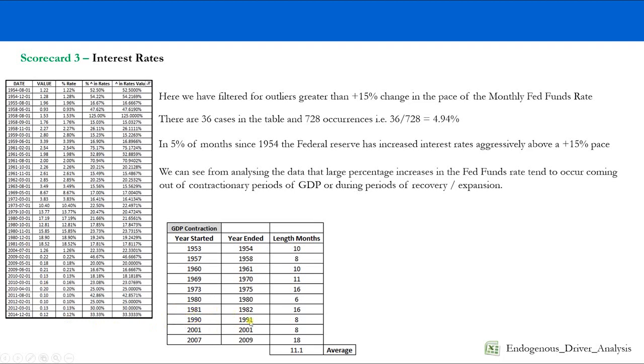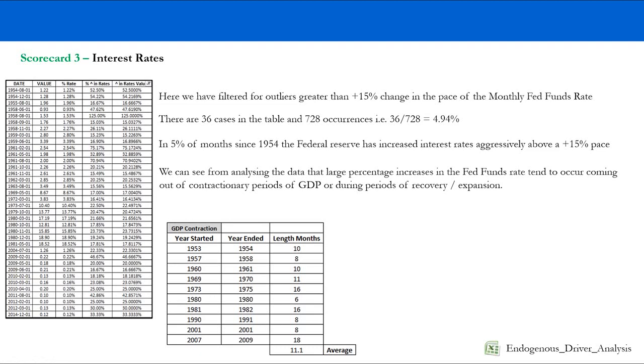Again, the 1991 contractionary period is an anomaly when analyzing the data. In 2001, we don't have a big increase, so that tells us something. Basically, in 2001, there were no large increases associated after big decreases. And in 2007-9, we get our increases in 2009 and 2010, and even some recently. So you can see there's a very strong correlation here when we look at both the negative and the positive